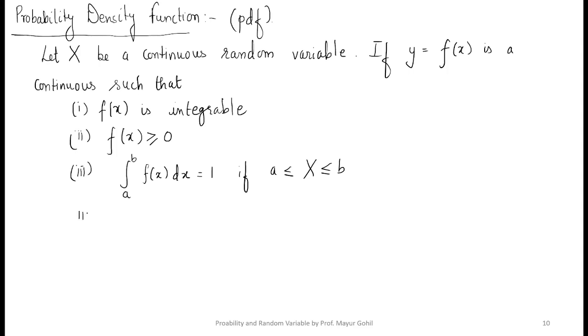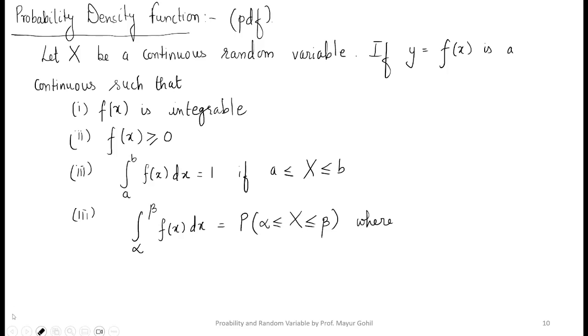And the third thing is the integration from alpha to beta of f of x dx is equal to the probability of alpha less than or equal to capital X less than or equal to beta, where, I would rather say it would be like this, a is less than alpha less than beta less than b. When this is happening, okay,